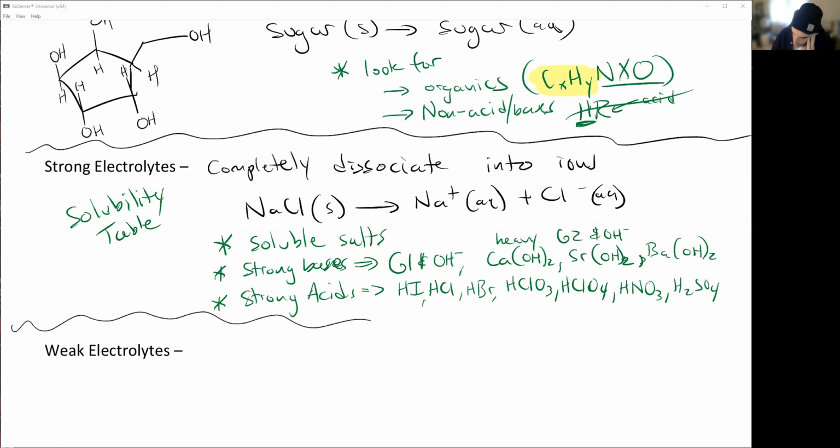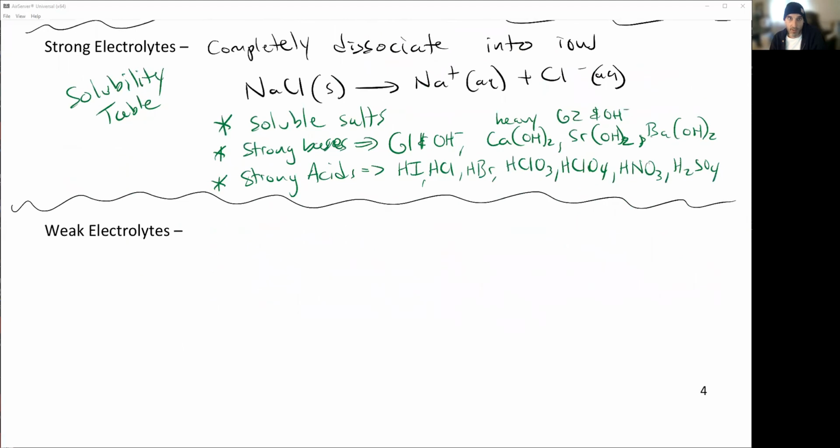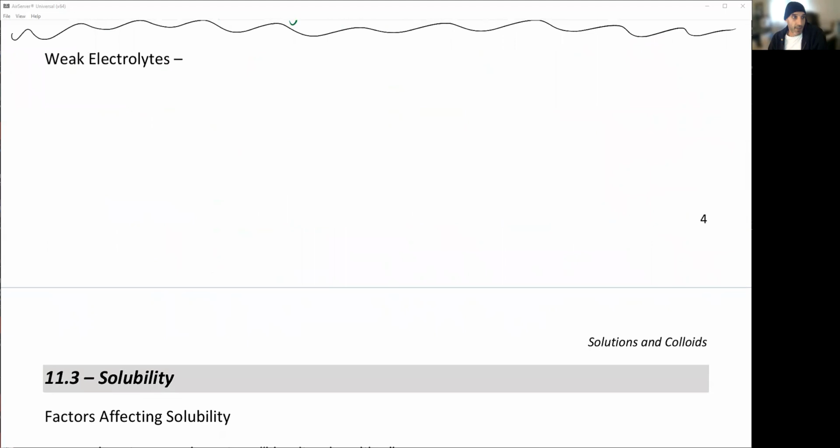So those strong acids, the soluble things on the solubility table, those are going to be our strong electrolytes. They completely dissociate in solution. We have a one-sided arrow, everything turns into ions. We don't have to worry about considering anything else. There's no equilibriums going on there. Everything is ions. And then we have weak electrolytes. These things partially